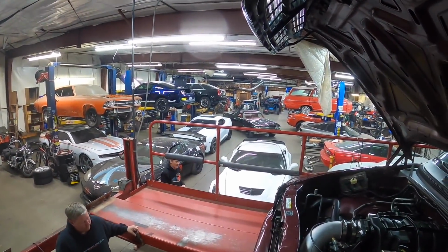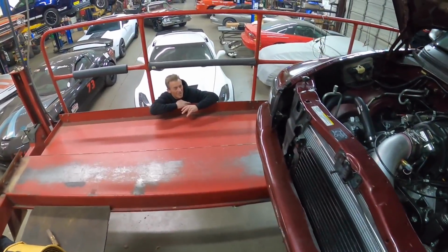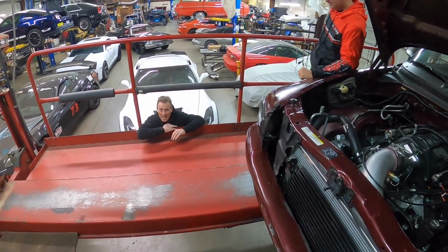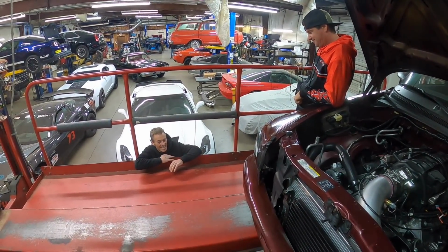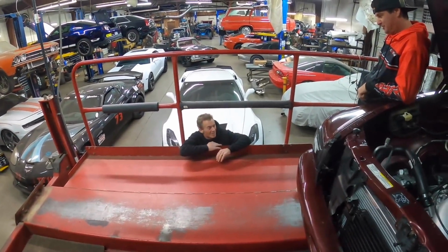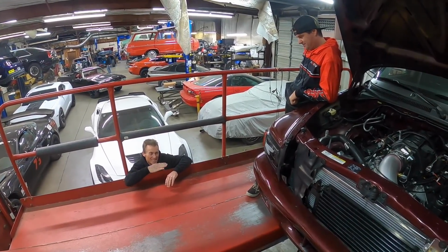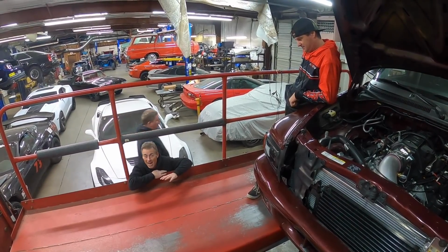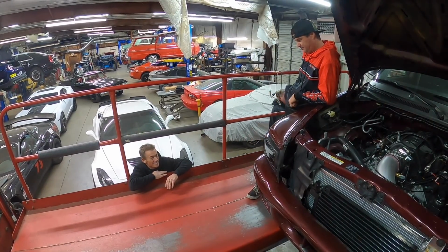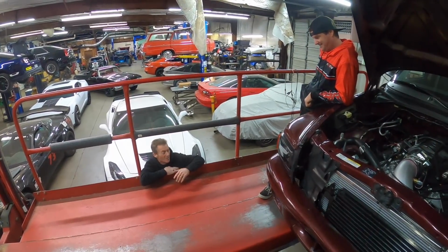All right, Clay, what happened? What's the verdict? Well, we don't know. The first pull was really stout, 358. Yep. And we're on track. Definitely on track, everything looking good, and then it just kind of kept easing down. I think we've got something probably internally wrong. I have no idea yet what, but hey, I'm used to taking motors apart every single run,